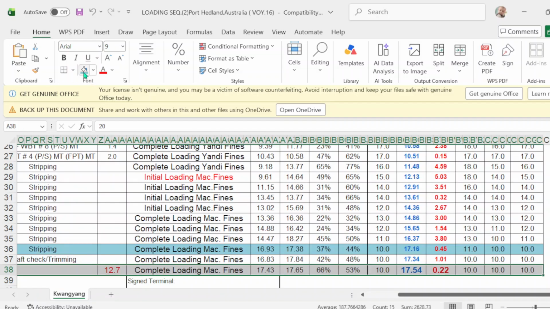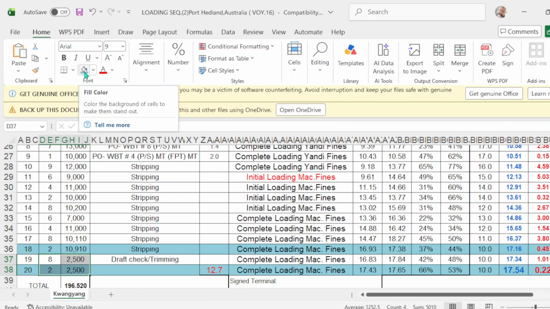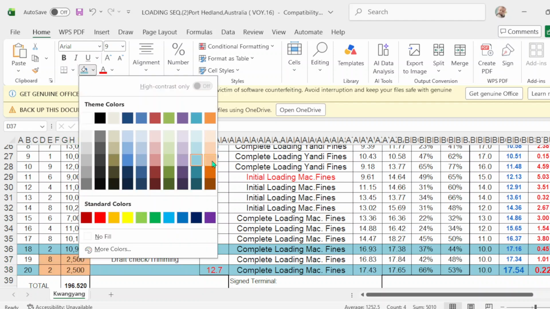Okay, this one, and the trimming hold, and the amount of cargo for trimming. Okay, let's make that color.